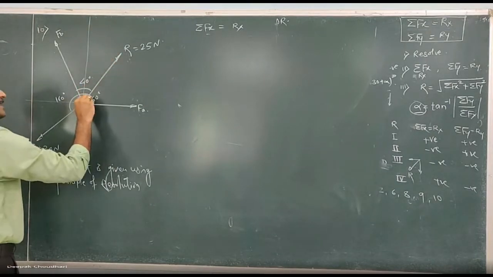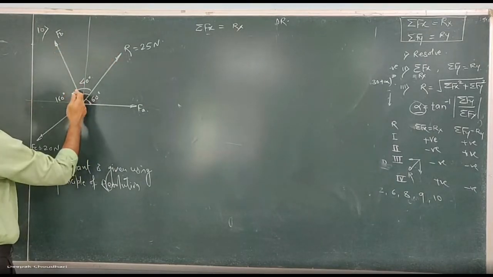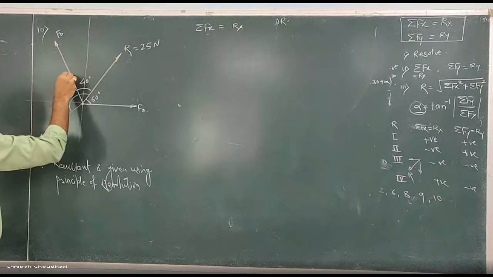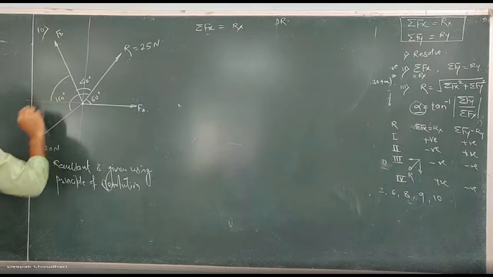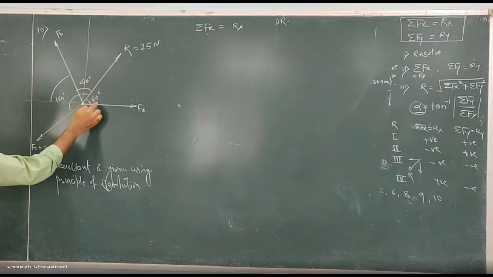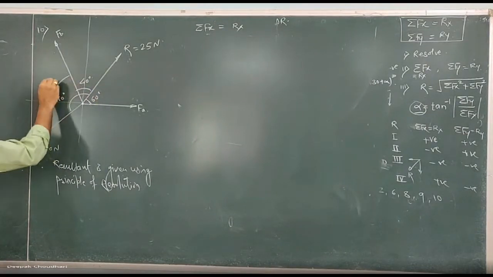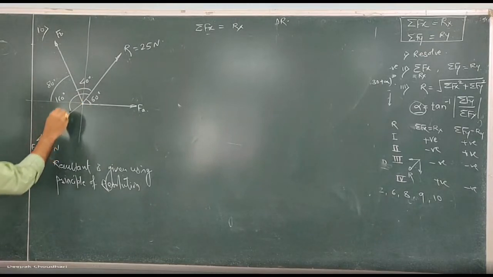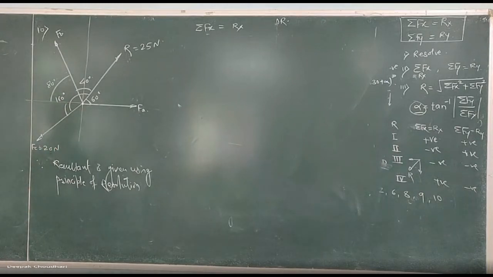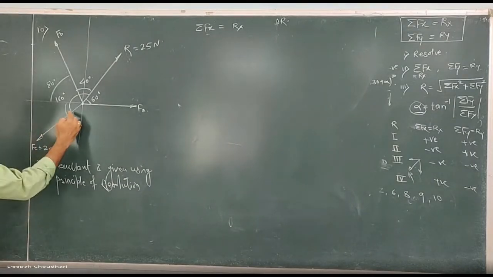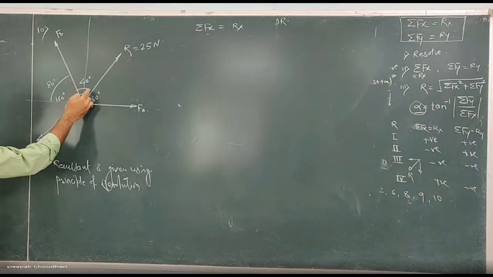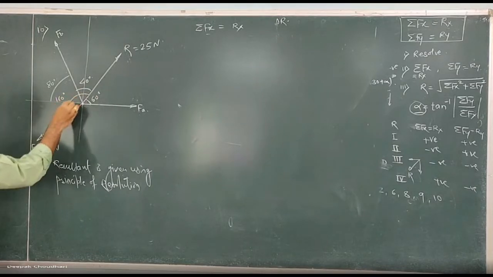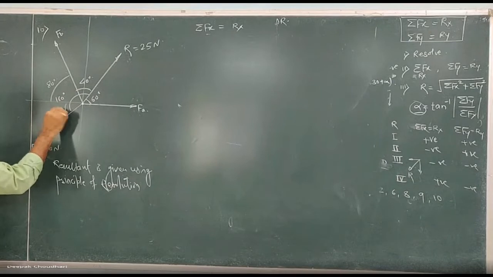R makes an angle of 60 degree with horizontal, clear, and FB makes an angle of 40 degree with R. So can you tell me what will be the angle made by FB with horizontal? How much will this angle be? 80 degree. It is 80 degree because this is 60 and 40, so the total is 100. Since this is 100, this has to be 80. Very good. What is the angle made by FC either with horizontal or with vertical? Let's calculate with horizontal only. Tell me how much is this angle? 40 degree. Is it 40 degree? Listen, this is 160 and this is 180 or 120. This total is 160, this is 120, so this has to be 40.